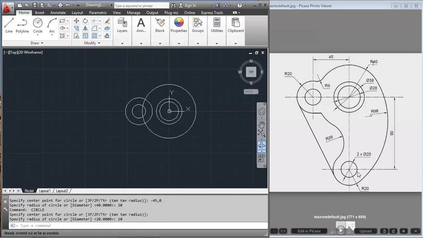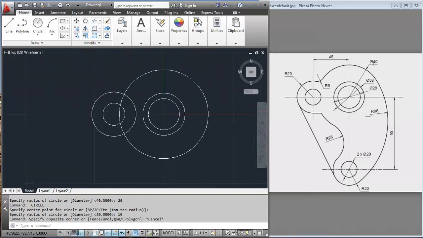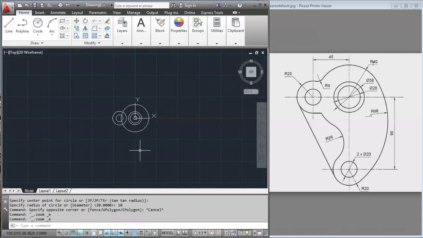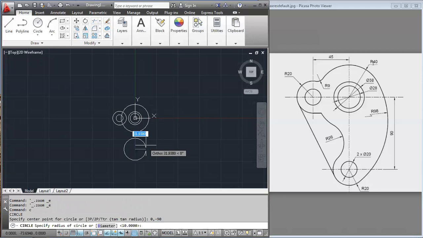Now let's draw this circle. Let me take it into the frame. Okay, so let's draw this circle. Here also the coordinate would be 90 in y and 0 in x. So 0 comma minus 90 should be the coordinate for the center of this circle. Just go with 0 comma minus 90, enter. So I am getting this circle.